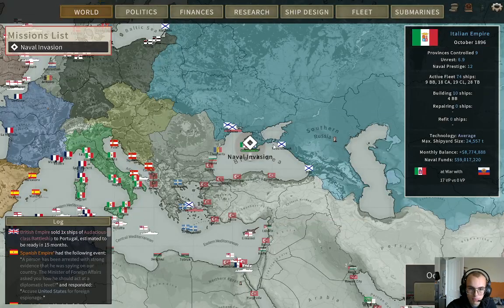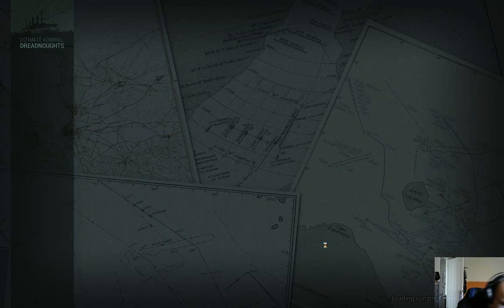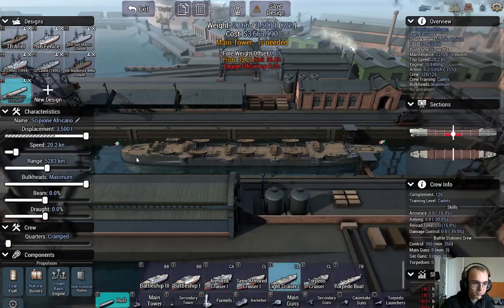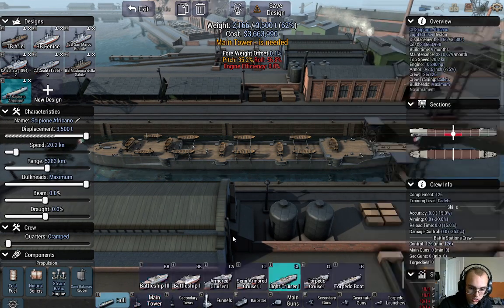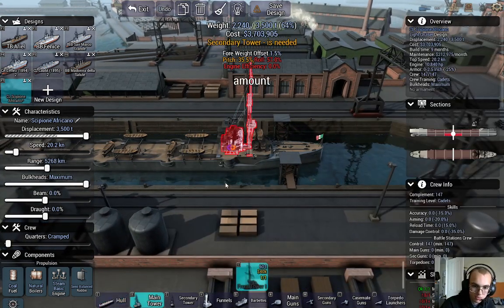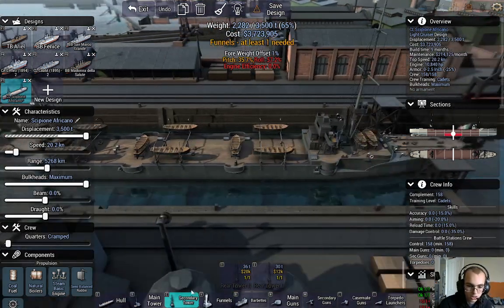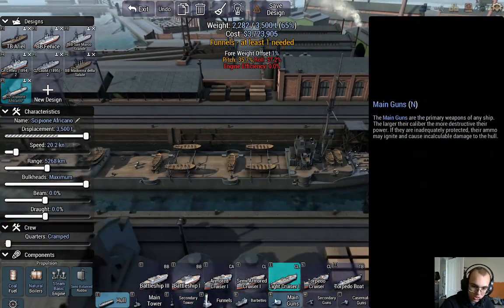Also, no, you're not getting a battleship because I am going to design a new light cruiser with the new 5-inch Mark II guns. Okay, so only this tower is now available for this cruiser. Then rear tower 2. I'm guessing gone are the times where we had the minimum tower. No, we weren't using light cruiser 1, we used torpedo cruiser. Anyway,